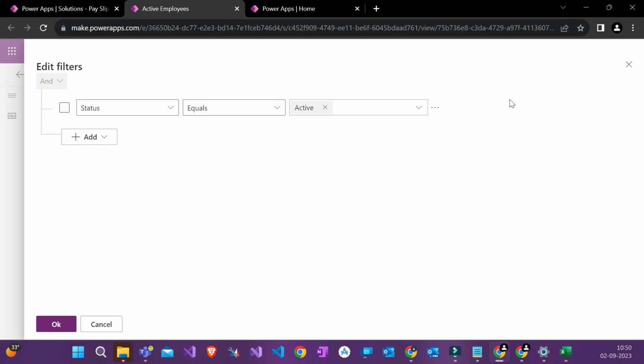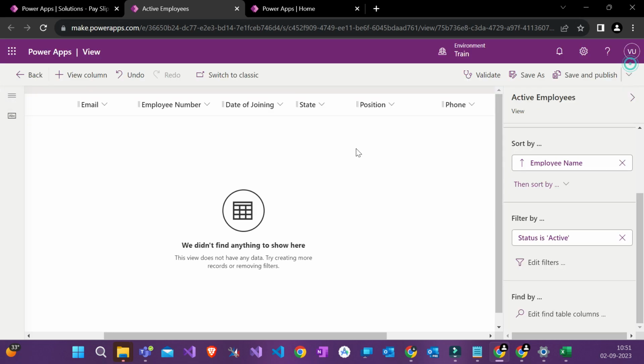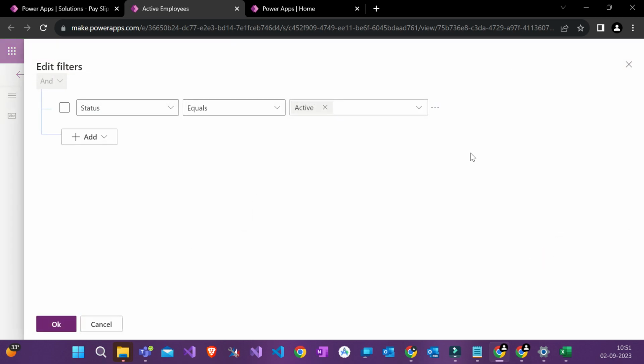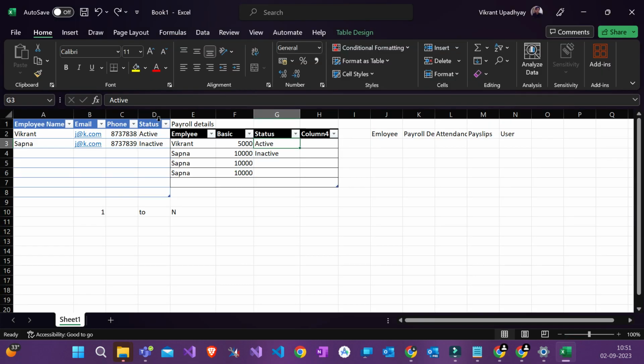Okay, let's go. So in the view, as I was saying, active, inactive, now you know. In this active view, the name of the view is active view. See, active employees. It is the active employees view, so I should see active employees. So I will filter according to status. Status equals to filter means normal. Filter means filter. Just as you go here, right? You can filter a column.